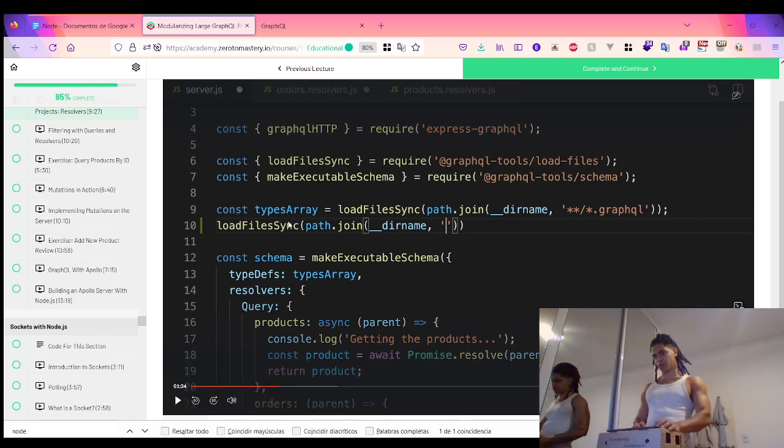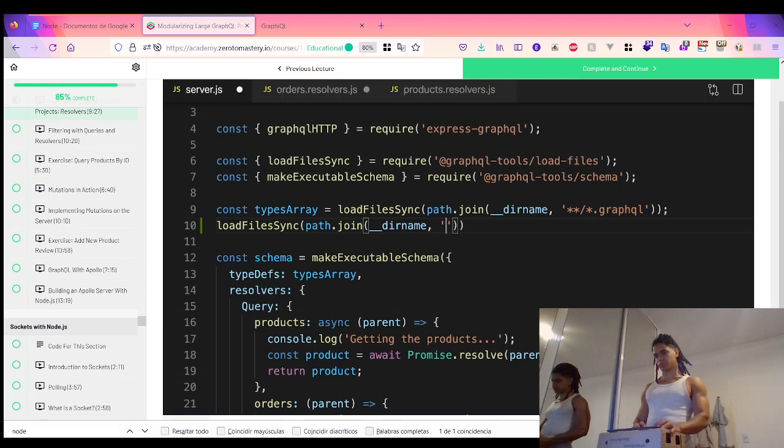So in here, it's going to rely on loadFilesSync, but for the resolvers array. If we're going to define a variable here, it's funny how he starts to describe the things he's going to do. It all starts by, well, I would like to load a file, which is loadFilesSync, and since we're going to use the options property, where you tell it